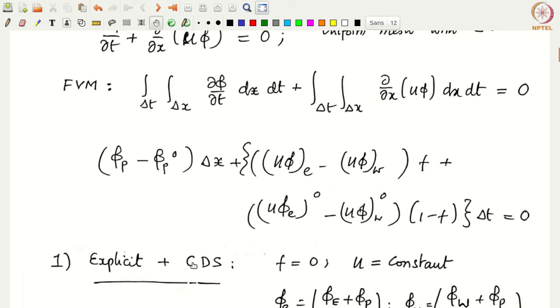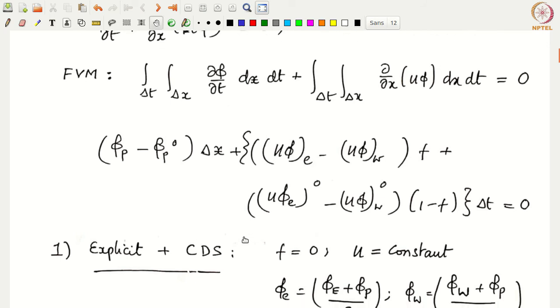and we also say if we use a central difference scheme, then phi little east and phi little west would be taken as arithmetic average of the east value and the p value, and the west value and the p value, right? We also assume that u is constant and it is positive. In this particular case, it doesn't matter because it's a central difference scheme. So irrespective of the direction of velocity, the value of phi on the faces is always computed as the arithmetic average. Okay. All right.